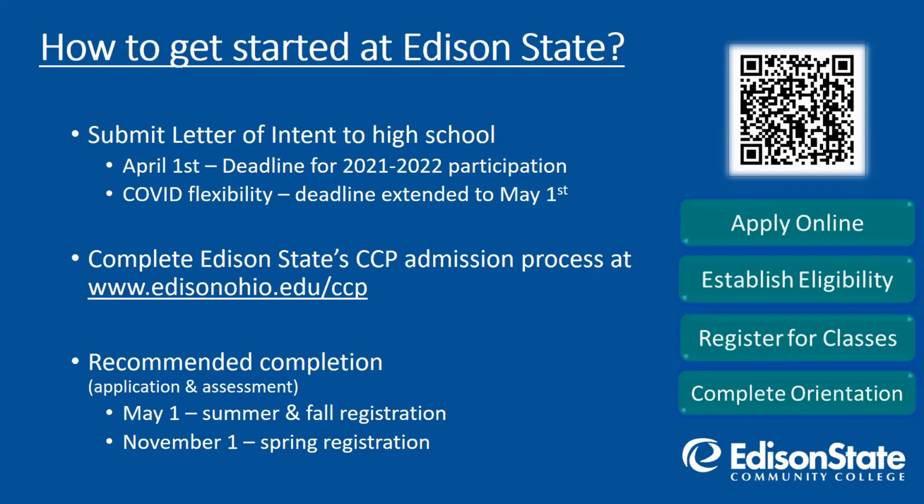After submitting the letter of intent to their school district, students will need to follow Edison State's admission process. Students will submit an application for admission to generate a student account at the college. They will then need to establish program eligibility through an assessment process. Program eligibility can be established by submitting qualifying ACT or SAT scores to the college, scheduling a time to take the AccuPlacer at one of Edison State's campus locations,